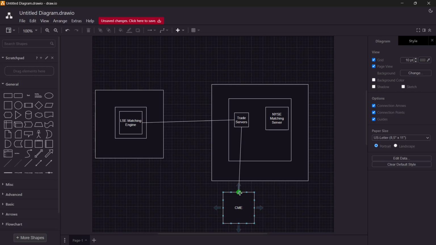So if you want to have cable connections, and again the shortest distance between any two points is usually a straight line, right? Maybe due to infrastructure problems or some other reason, the straight line path does not exist, so that you cannot lay out the fiber optic cable in a straight line from a particular exchange's data center to your trade server, right? There might be buildings in between, there might be mountains in between. So you will have to take some other path, so the distance increases, and in some cases it might not be possible at all to lay out the